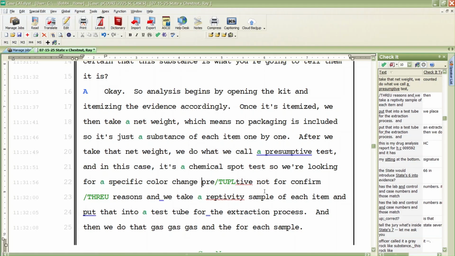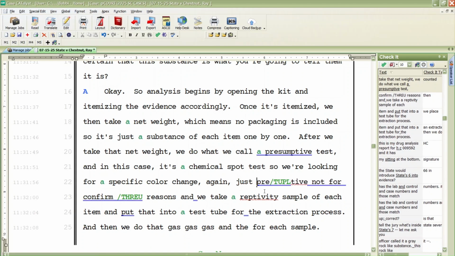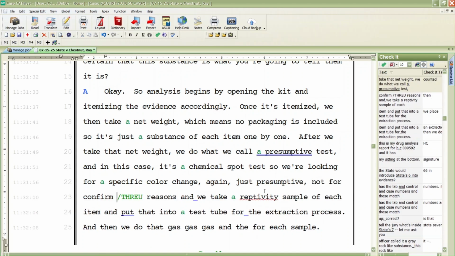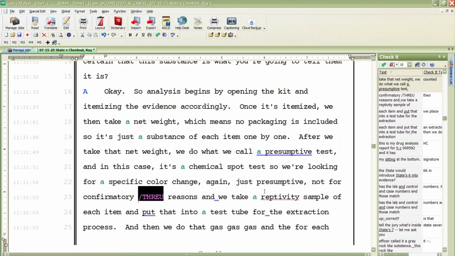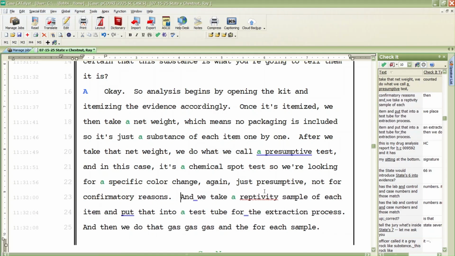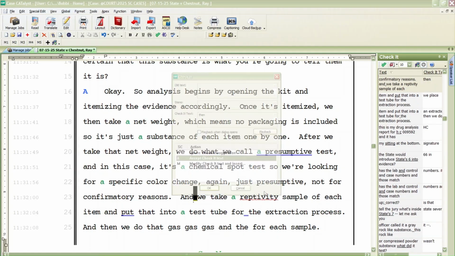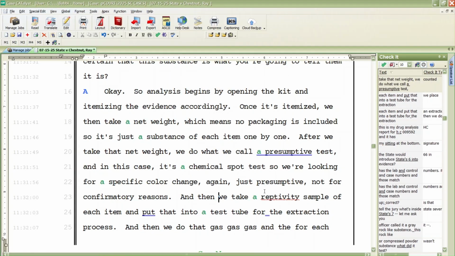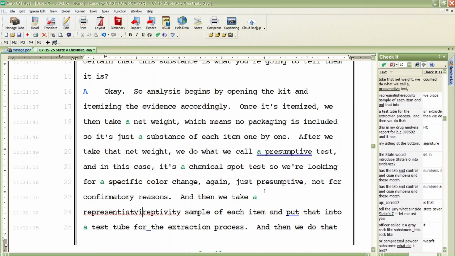Again, just presumptive, for a specific color change. Not for, again, just presumptive, not used for confirmatory reasons. And then we take a representative sample. I misstroked "representative" and it's not catching it either, so we're going to have to manually type this one: representative,